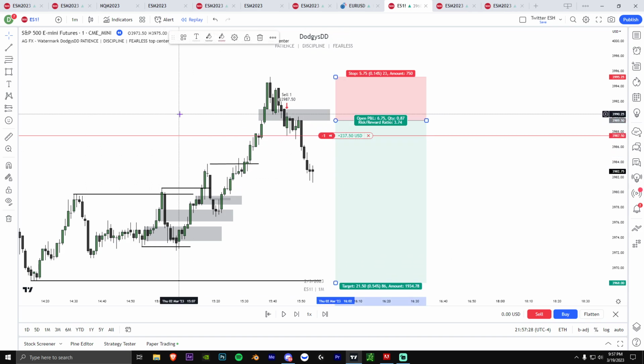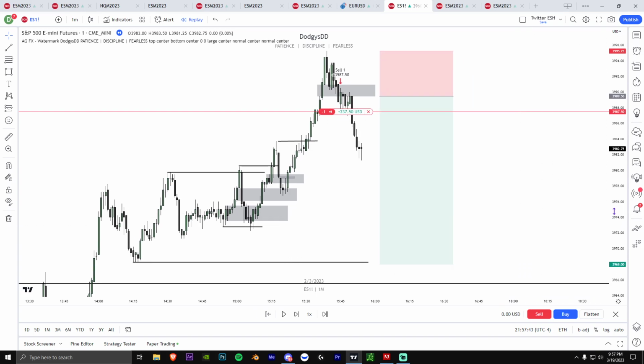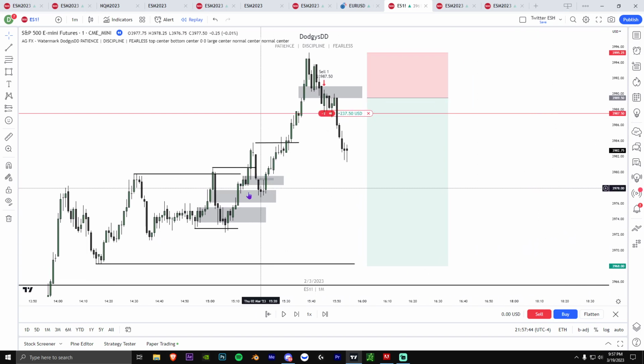Okay, this is about up 5 points now. I probably might stop at break even here. But you can kind of see this is still a really good entry, and you could take the 5. I could take the 5 handles here if I wanted to, but if you truly care about RR,